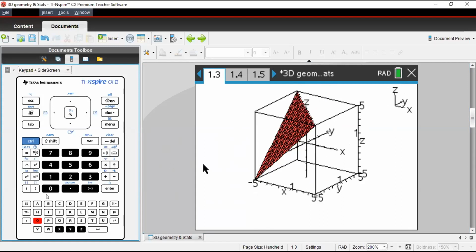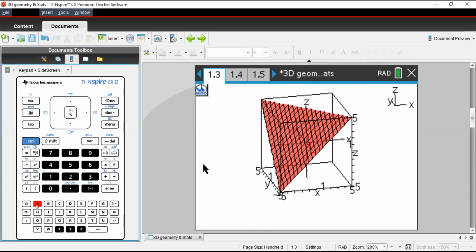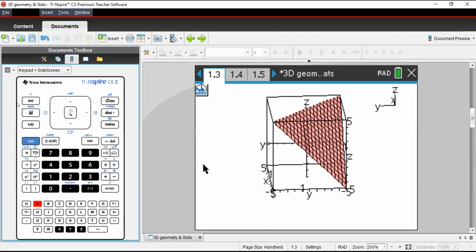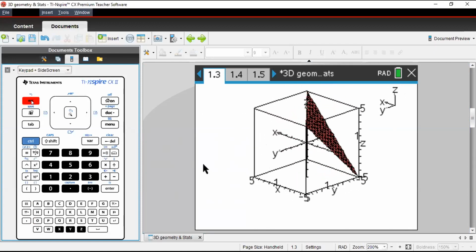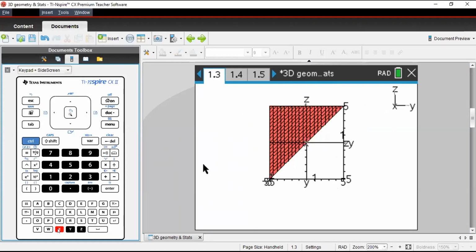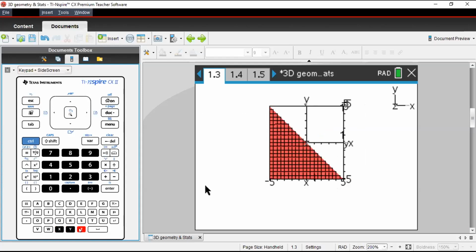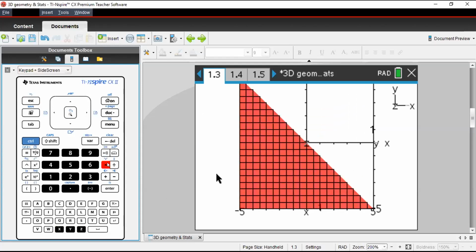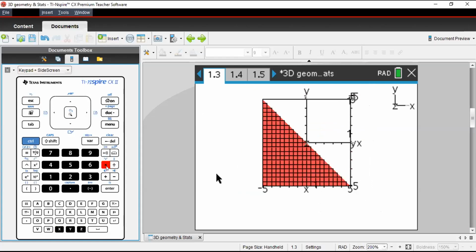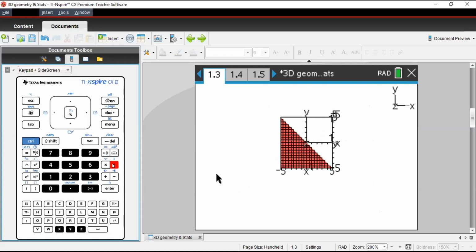And A helps you for automatic rotation. If I click A, it will automatically rotate. And to stop this, I can hit escape. It will stop. Press the X key on the keypad to have a look at things from the X-axis point of view. Similarly with the Y-axis point of view and Z. As I said before, we can also zoom in or zoom out by the multiplication and division symbols.